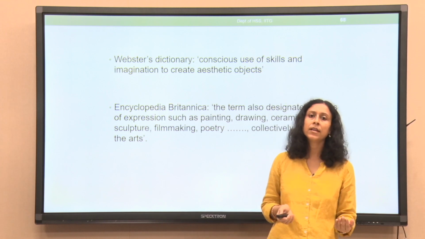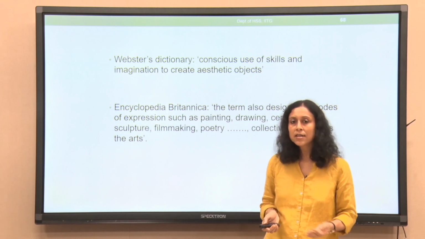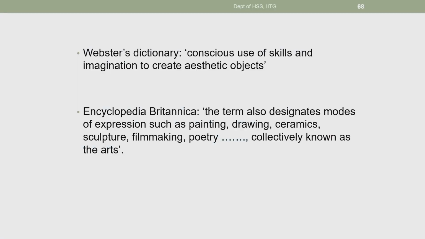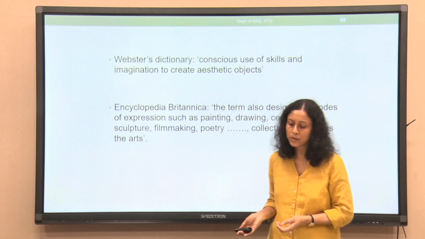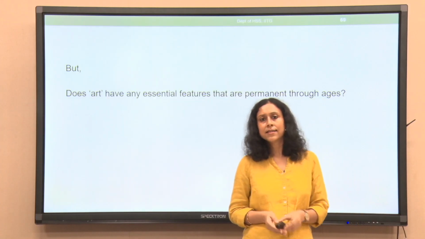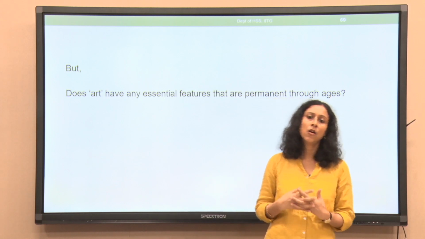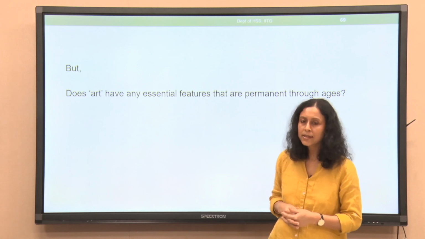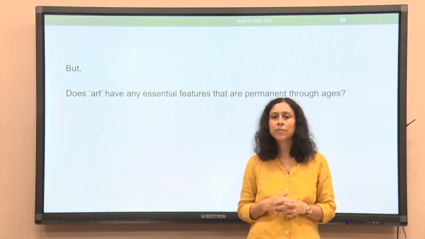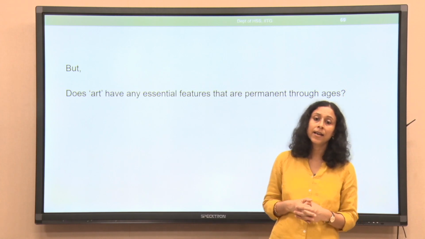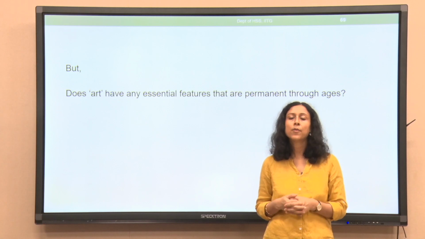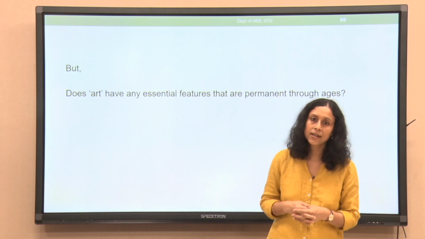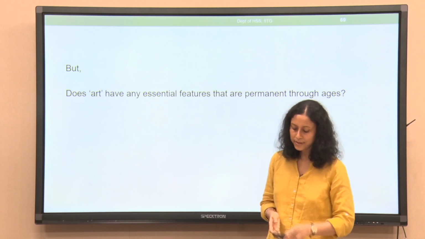If somebody is highlighting the skill, somebody else is highlighting the output, somebody else the material, somebody else the object of art, and so on. Because of this, art as a category has also gone through a lot of changes across space and time. So, does it mean that categories like art or music or many other such things have any essential feature to talk about? Is it possible that certain categories do not even have what we started with, essential, necessary and sufficient conditions? This is what we will see shortly.